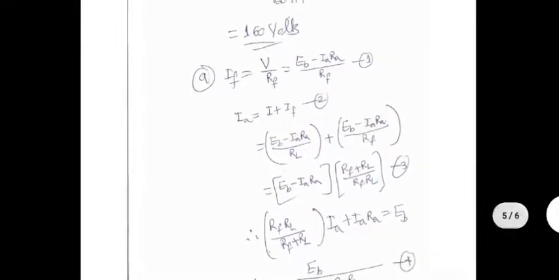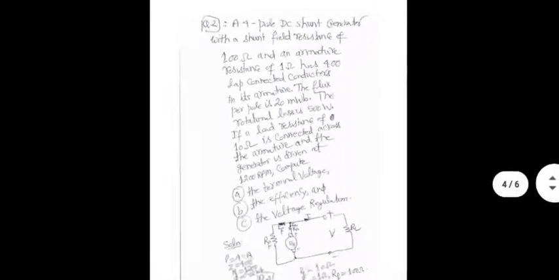Now, problem is we do not know IA and I. In fact, we do not even know IF. The only thing we know is EB. And we know RA and RF for sure. So it needs a bit of mathematical jugglery to get to the answers by suitably manipulating these equations, which are derived directly from the equivalent circuit. Let's see how we handle this. Equation 1 and 2 definitely are correct.